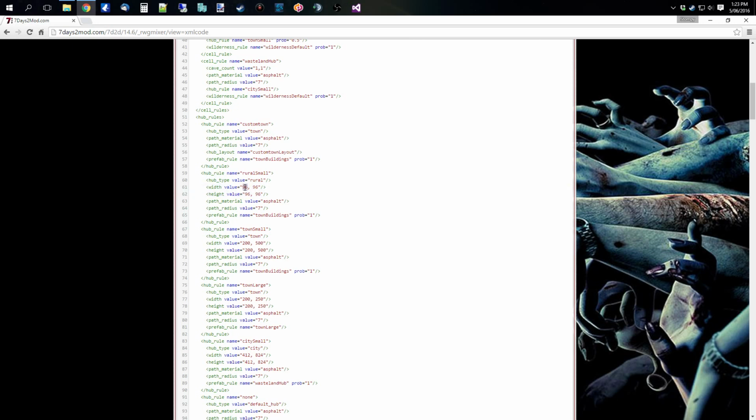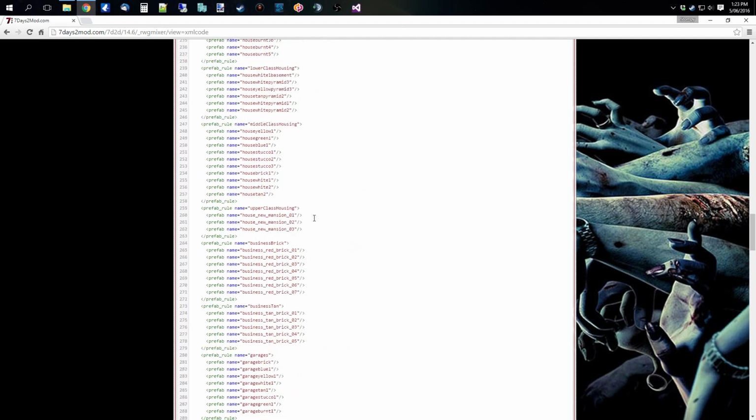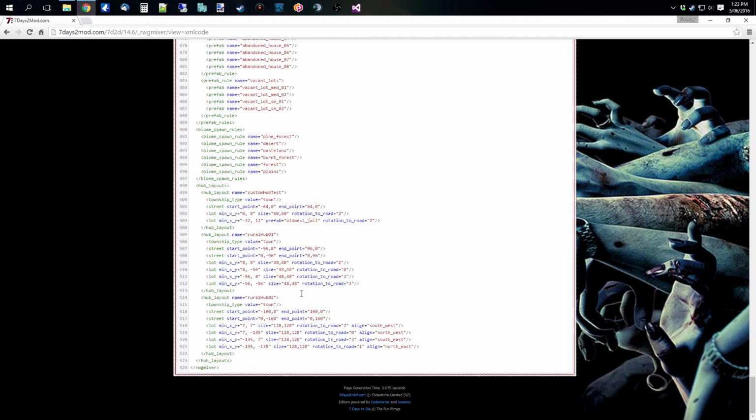So first number is the minimum, second number the maximum, which means for the rural small you'll get a 96 wide by 96 long hub. Town smalls can be anywhere from 200 to 500 blocks long and wide. Having said that, we're now going to pop down and create our custom town layout, which is right at the bottom. There's a few examples here, and by default they're all pretty much unnecessary, so we'll call this